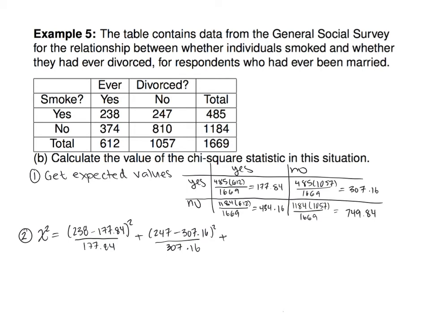Okay, for the yes divorced, no smoke, we observed 374. We expected 434.16. And then finally, for the no smoke and no divorce, we observed 810. We expected 749 divided by 749.84. And you should verify this for yourself, but when you plug this into a calculator, you end up